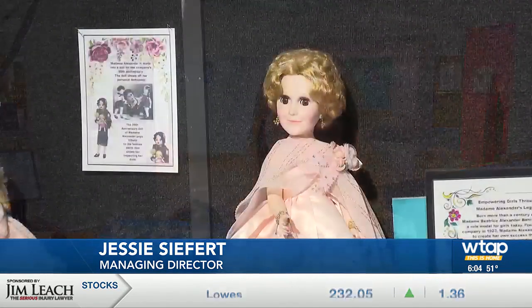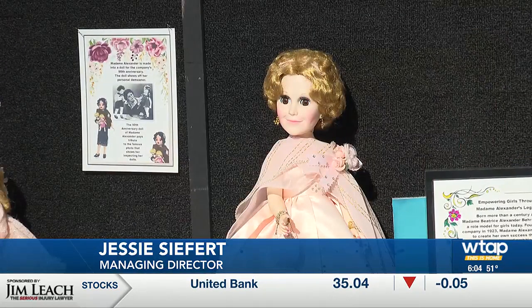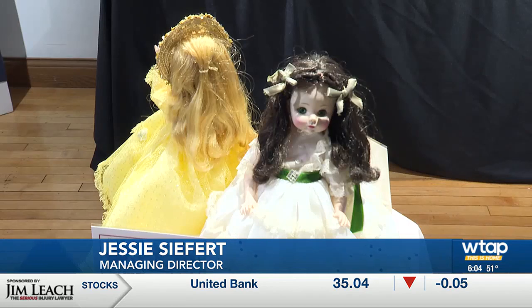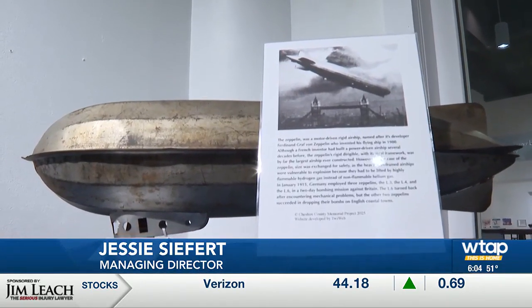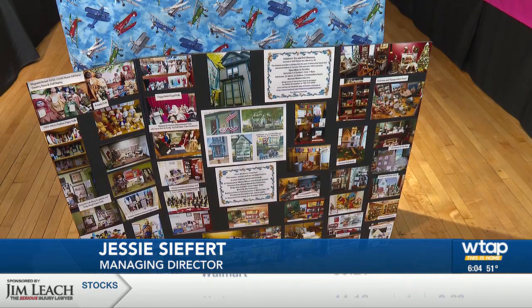You can see the self-portrait of Madame Alexander herself. There's also dolls that are portraits of children. They have around the world dolls, as well as a selection of First Lady dolls. And then the aircraft, some of them are helicopters, some of them are passenger planes from Pan Am and Trans-American